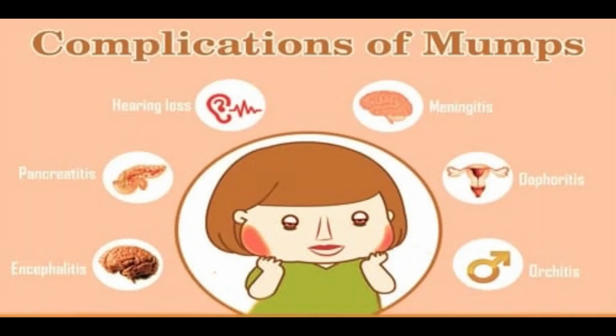Brain. Viral infections such as mumps can lead to inflammation of the brain that is known as encephalitis. Encephalitis can cause neurological problems and become life-threatening. Membranes and fluid around the brain and spinal cord. This condition, known as meningitis, can occur if the mumps virus spreads through your bloodstream to infect your central nervous system. Pancreas. The signs and symptoms of this condition, known as pancreatitis, include pain in the upper abdomen, nausea, and